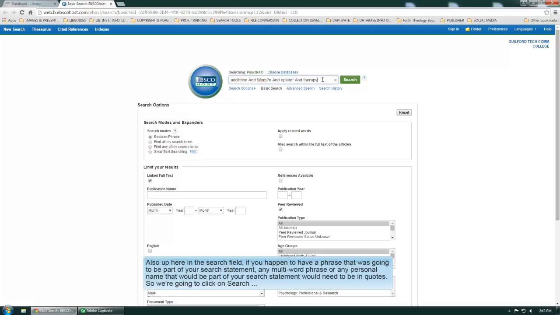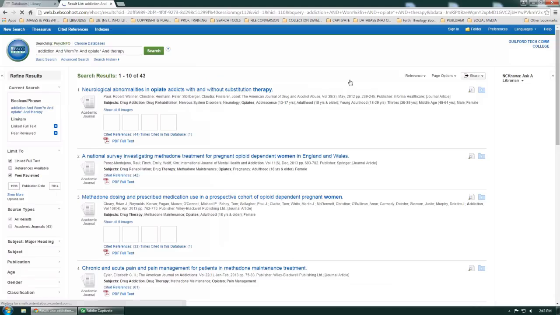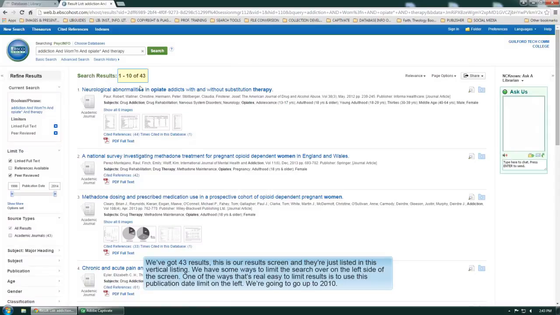Also up here in the search field, if you happen to have a phrase that was going to be part of your search statement, any multi-word phrase or any personal name that would be part of your search statement would need to be in quotes. So we're going to click on search, and we've got 43 results,